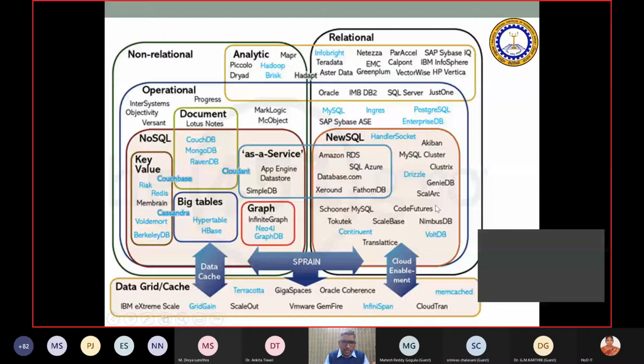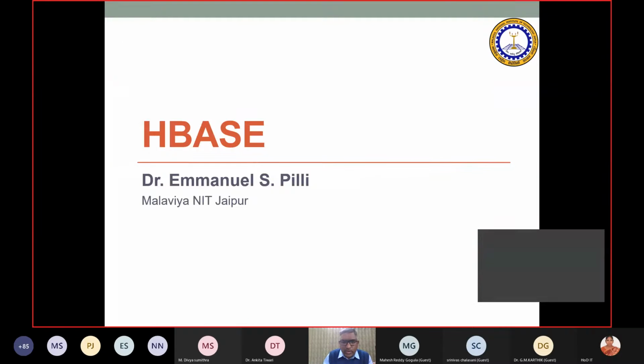So these are called NewSQL. These are NoSQL, which are four types: key value pair, document, graph, basically Neo4j, GraphDB is mentioned here, and the big tables. That is the key value pair or columnar stores, right? HBase, Cassandra is basically coming in between both of them. So you have the data in the grid cache, which is running down. On top of that, you have the non-relational databases and relational databases. Similarly, under non-relational, you have NoSQL, and in the relational, you have NewSQL, right? So this is how the thing works, right?